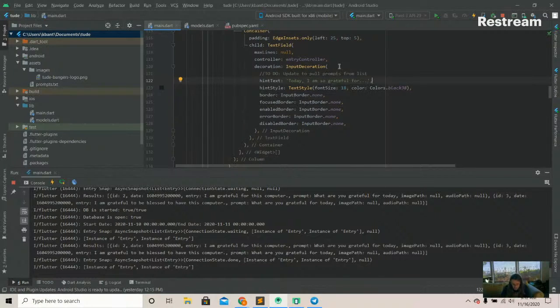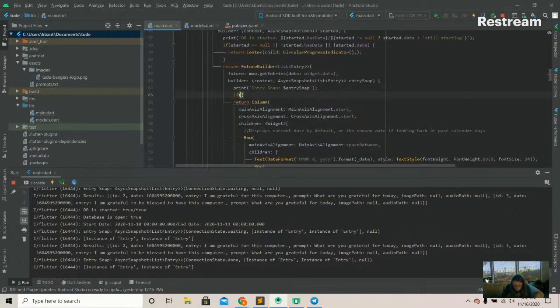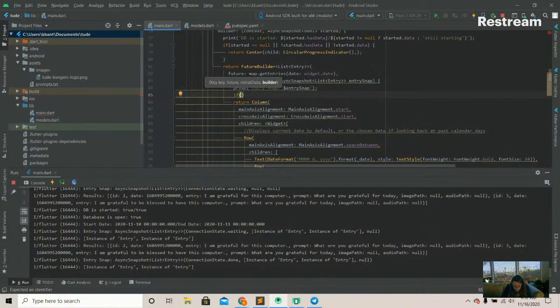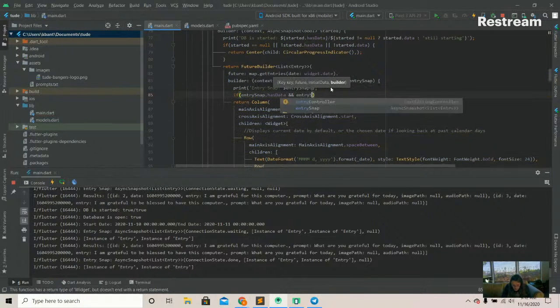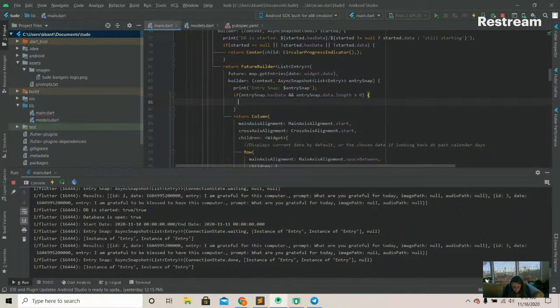Do I gotta see the value? If entry snap has data, snap data length is greater than 0, then I guess we normally